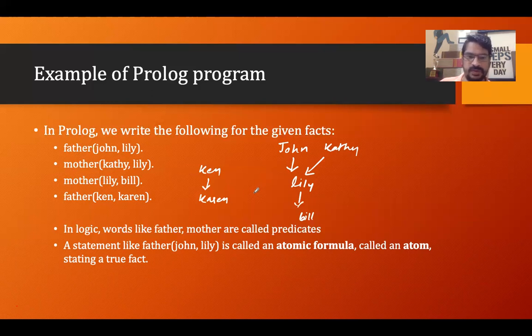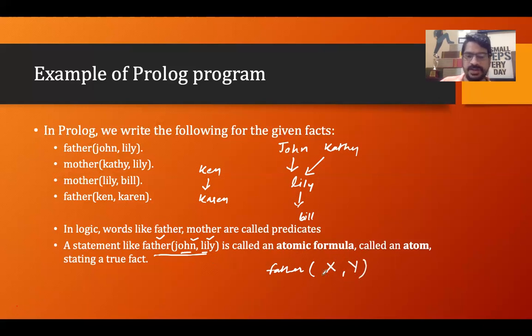Before going to that, this is actually called predicate logic. Okay. In predicate logic, we put the syntax in a particular way, where we have the predicates. So this is the predicate, and these are some variables. Here it is the constant value, which is written in small letters. And if we have father, father is a predicate. And if we have capital X and capital Y, these two become the variables.